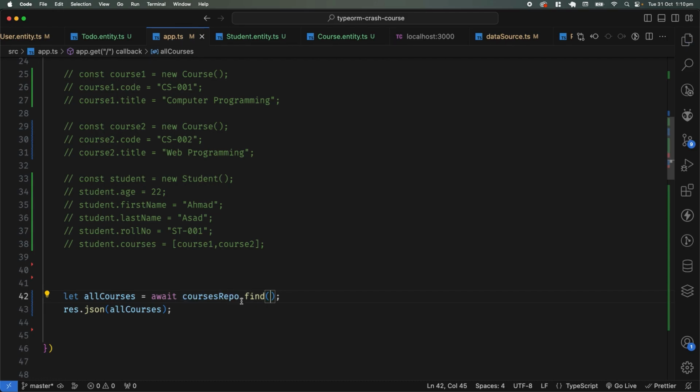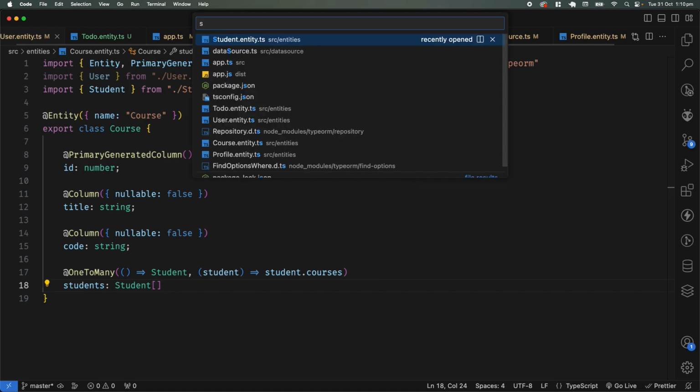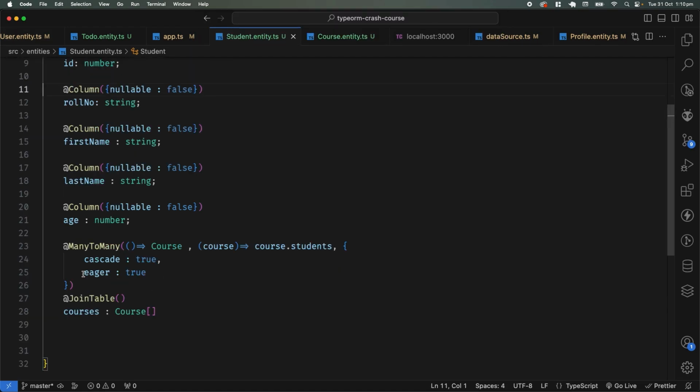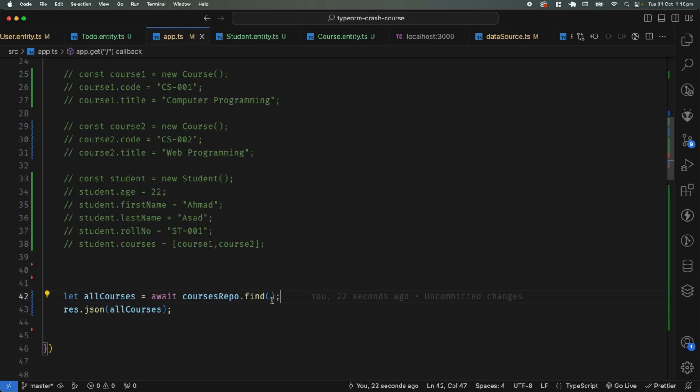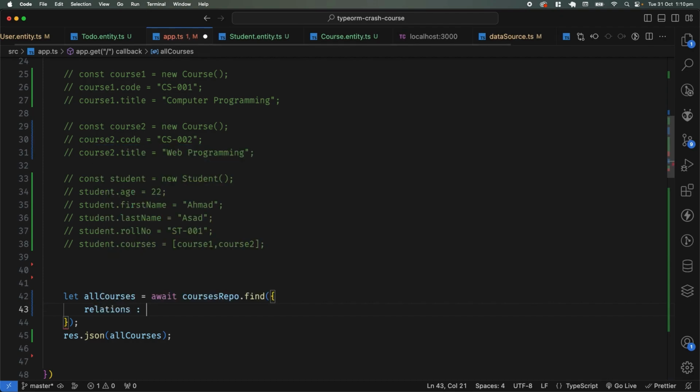Now specifically, if you want to use eager on this side, you can too, because we are already using eager on our student side. If you go to our student side, we are already using eager over here. So if you use eager on both sides, it will get stuck in an infinite loop. That's what we have discussed in our part 1. So for now, I will call the relation with our relations. So it's relations, and inside relations I will mark it to something like